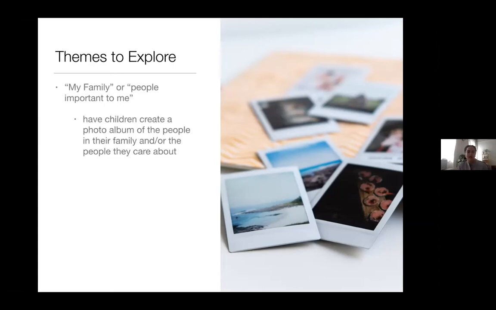And then also children have a reference point, almost like a little family tree that they can show to other people. Like for little kids, they might want to say, oh, look, here's my grandma, and show their friends. Here are these people that are important to me. These are people that make me feel loved. These are the people that I care about.